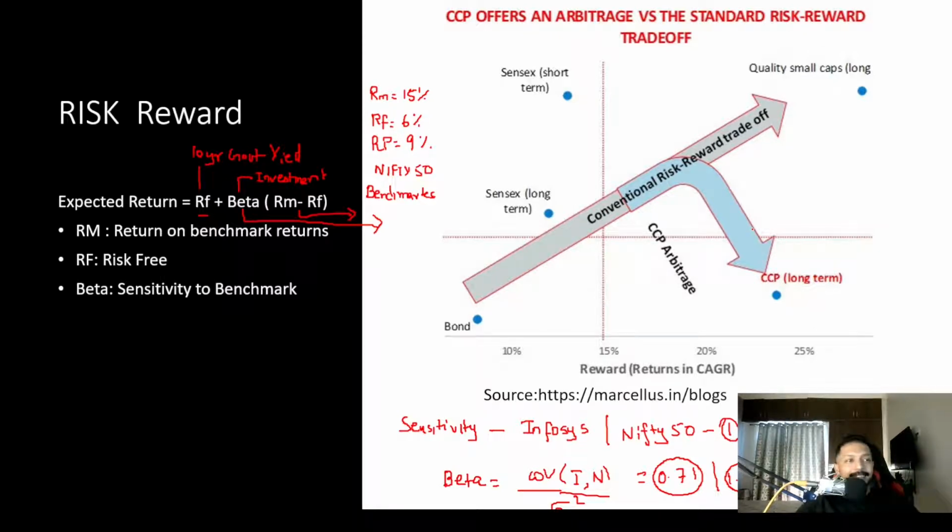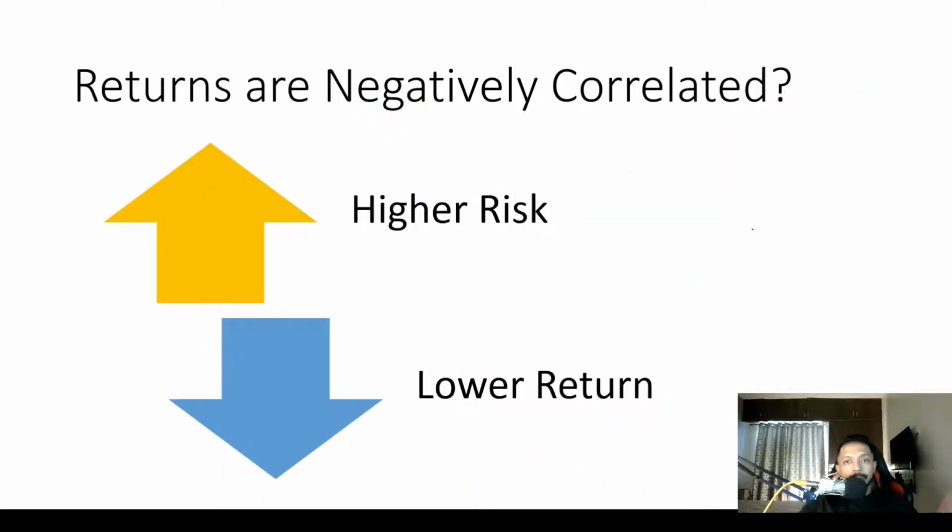So I understand that this is a little intriguing, a little confusing. It might not be very intuitive, but when you look at the data, that's where you will get convinced on this concept. Okay, so the basis that we are trying to understand is, are returns and risks actually negatively correlated? Because if we are saying higher risk does not mean higher return, that means they are not correlated, and probably there's a reverse correlation or a negative correlation, right?